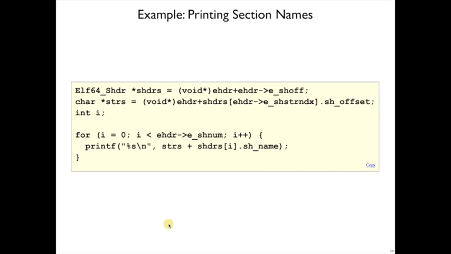So the point of this exercise was to demonstrate how you follow those offsets to get to different sections, how you find the data for a given section, and how you look up